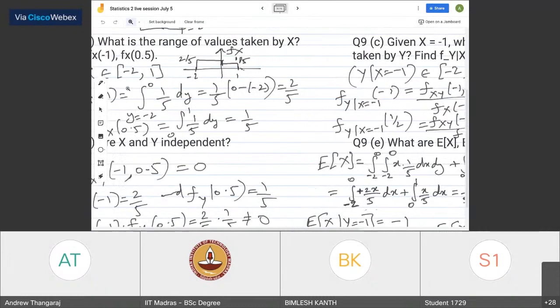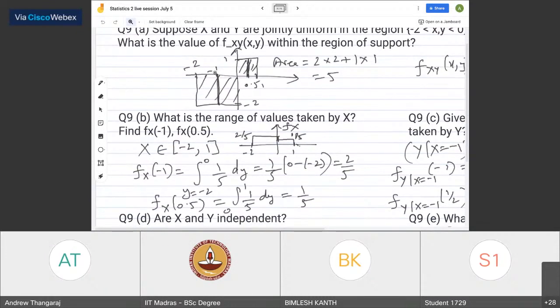If you look at this picture, see, if the value of x tells you something about y. If I tell you x is -1, y lies between 0 and -2. On the other hand, if I say x is 0.5, y lies between 0 and 1. Completely it has changed. If anything changes like that, then it cannot be independent. Okay, so that's something very, very easy to remember. Depending on the value of x, if the range of y changes, definitely it cannot be independent.